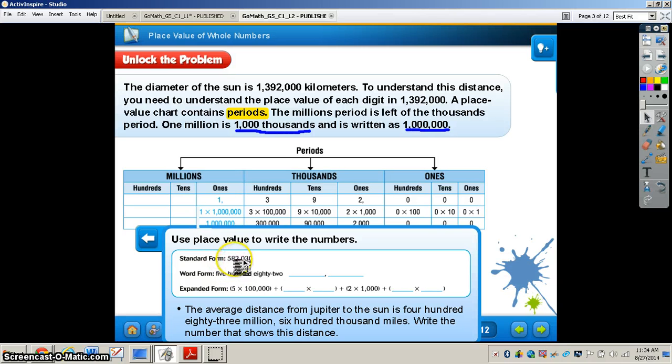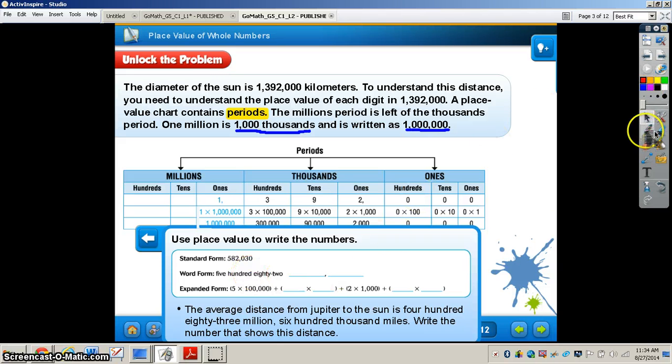582, and we know that 582 is in the thousands period, so we see a comma there. Think about it, you need to give that a last name, 582 what? 582,000. And then we go to the ones period, 30. Okay, so if I'm writing this in word form,